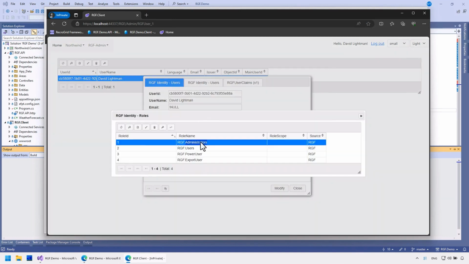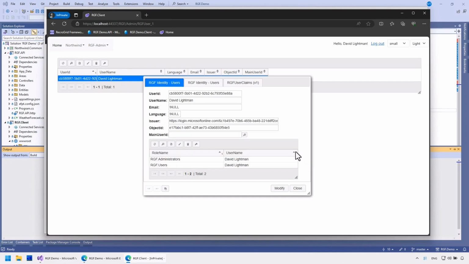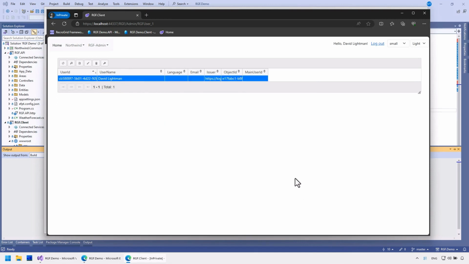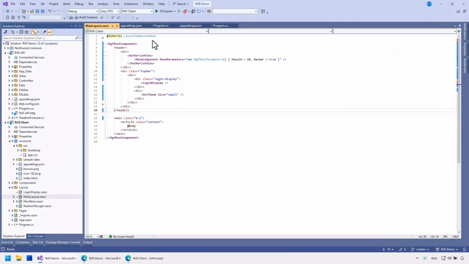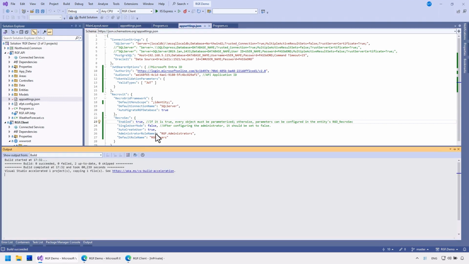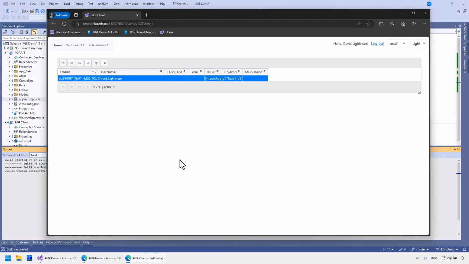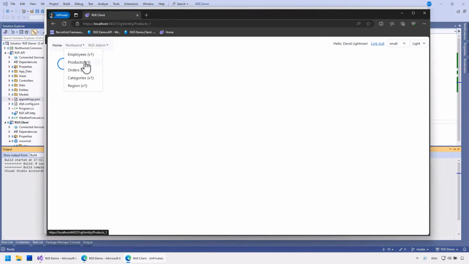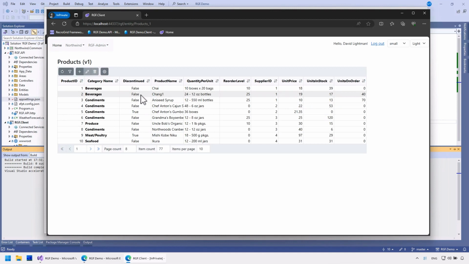Here, I'll designate him as an administrator. Once this is done, I'll disable single user mode. I'll restart the API. Refreshing the page. You can see that with the user, I can access the menu and entities, and I have full editing rights. I can also modify and delete.